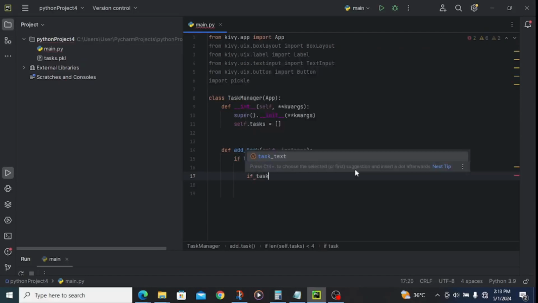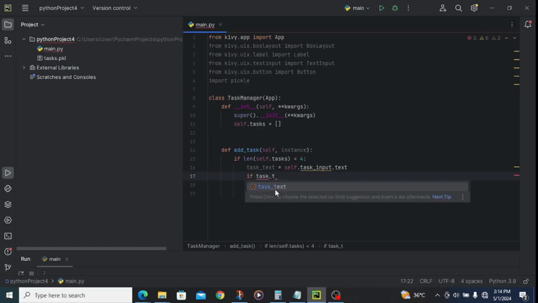What we want to do here is that whenever we click the add button, we want to get the details, the task we wrote, then add it and display it on the screen. So write task.text, task_text is going to be